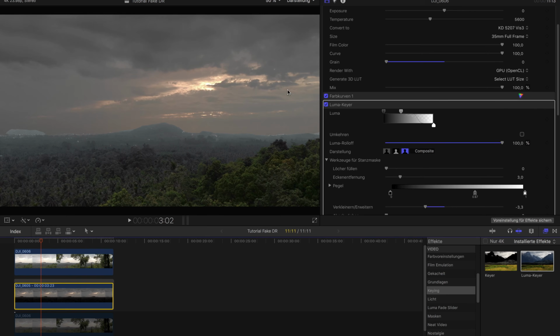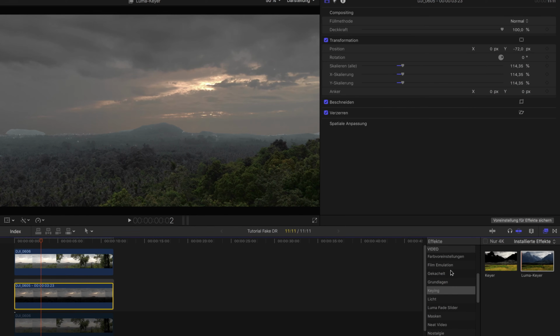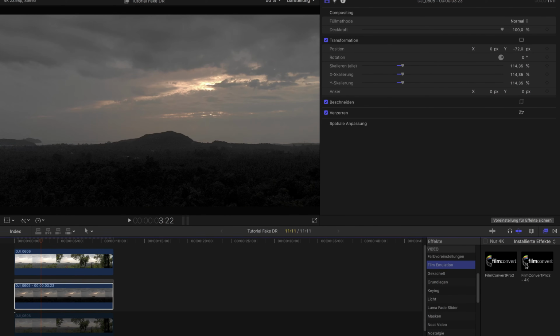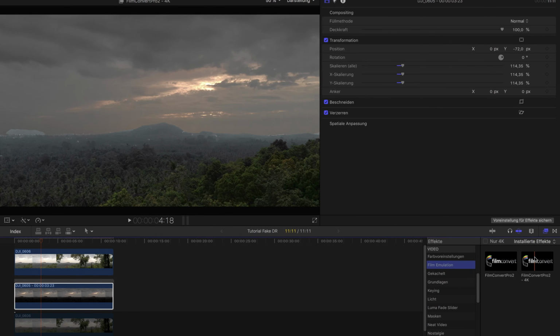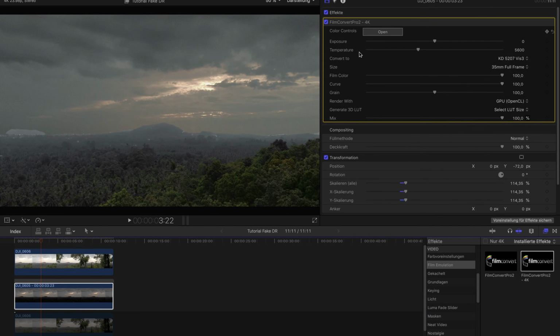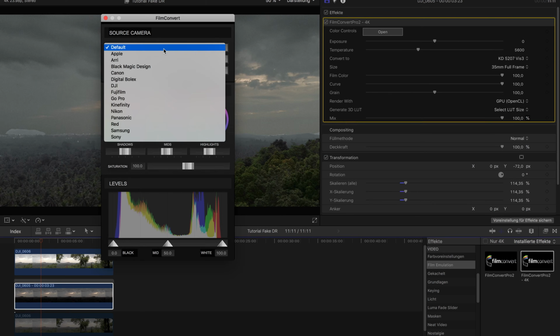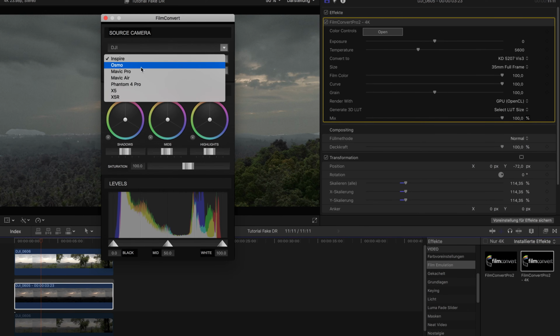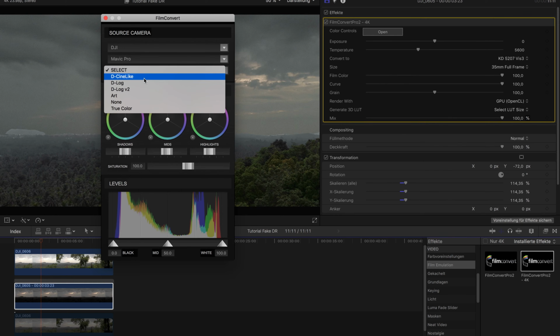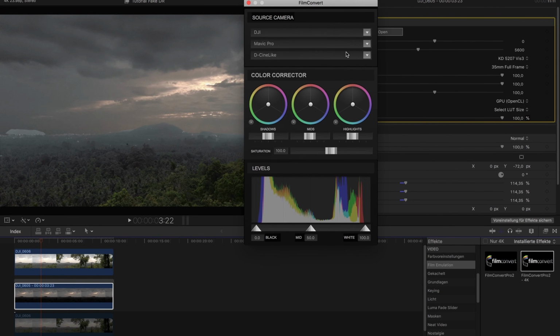Okay, now you see that it looks a bit weird, like the sky doesn't really fit to the other clip, and that's because the sky is not graded yet. So let's grade the sky. I will apply Film Convert, and it's exactly the same preset here, Mavic Pro, DCine-like,